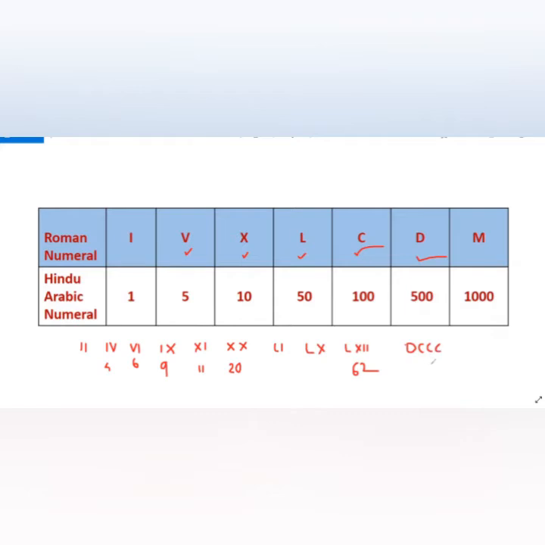Then 836. How to make 36? If 36 is inside this, what should we do to get 30? 3 times 10, right? 3 times 10 is written. So this is 3 times 10. Okay. Then the 6 symbol, VI. Okay, VI. This is 36. Then the 1000 symbol is M.